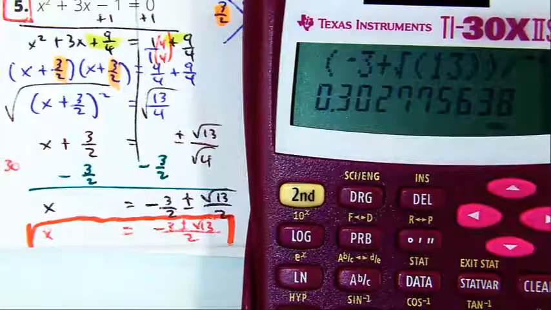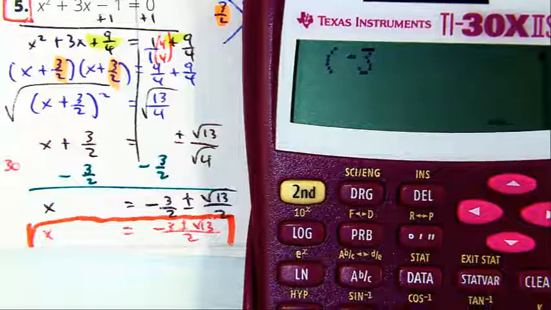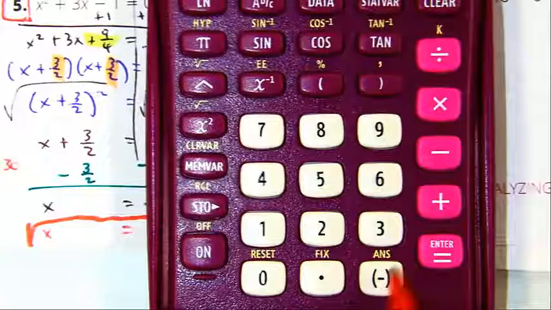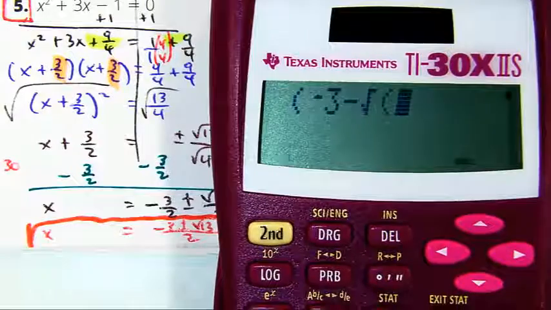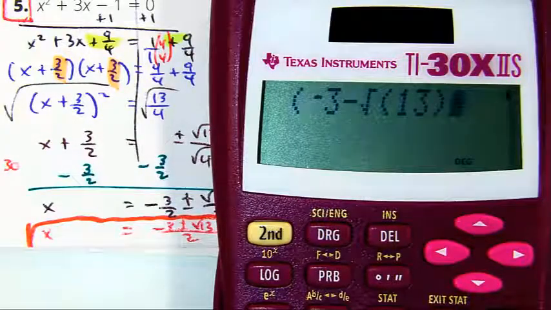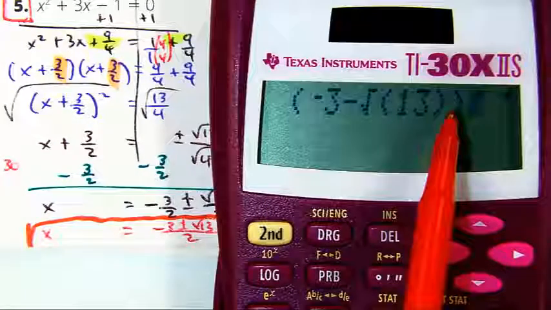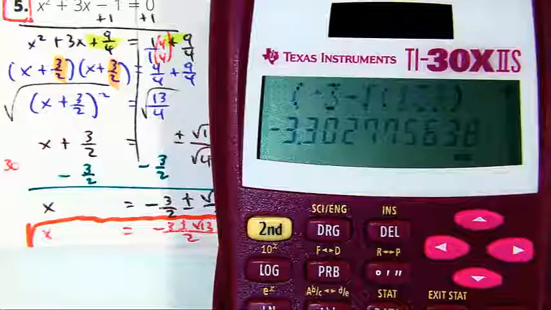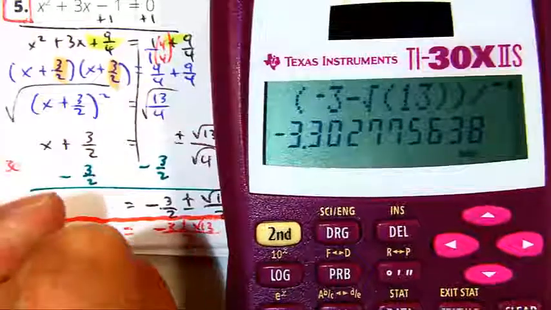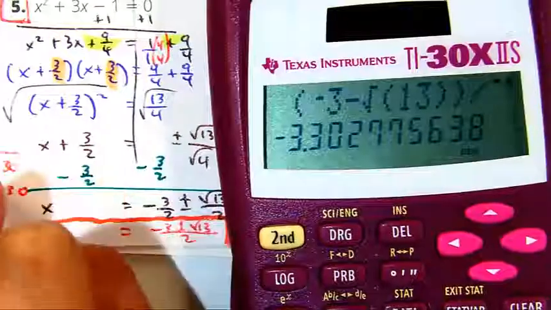And then I'm going to do the same thing. Parentheses to show the numerator, the top of the fraction. Negative 3 minus. So common mistakes for calculators is that this is the negative sign and this is the subtraction sign. Radical 13. I'm going to close the parentheses, so that's just showing what's inside the radical, and this outside parentheses is just showing that it's the top of the fraction divided by 2. And if you round that to the nearest hundredths, what do you get? So these would be our two answers